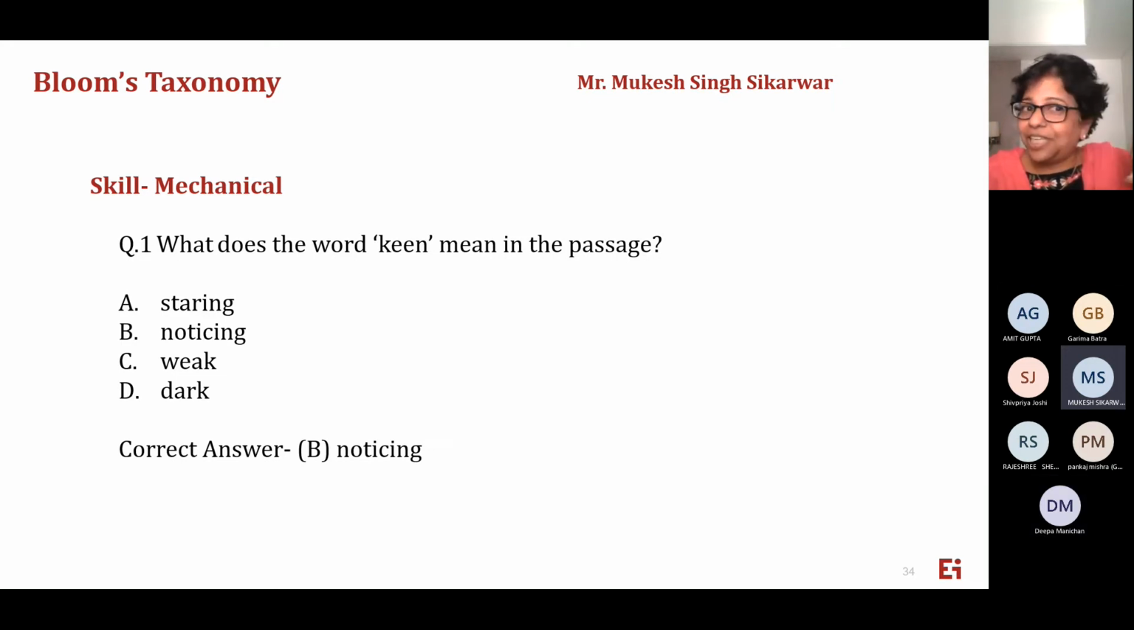Mukesh sir, while you can change it, I will also argue that it is not a passage-based question then. I said if you want to change it to mechanical, I can also tell that this is a standalone question. You don't need a passage. My opinion is if this question